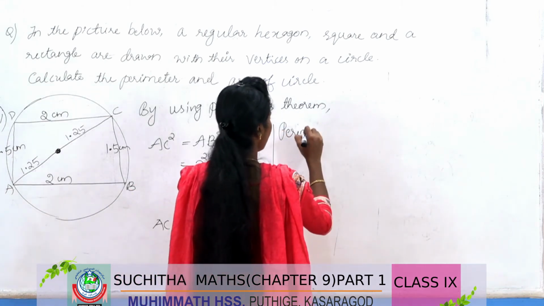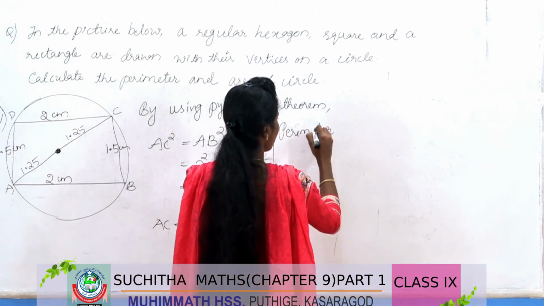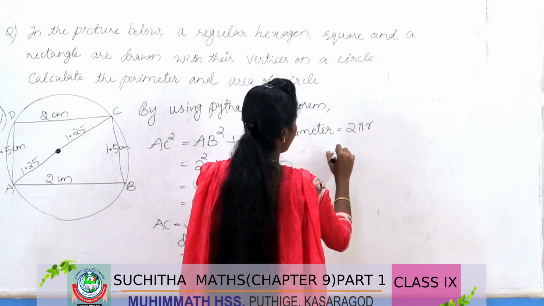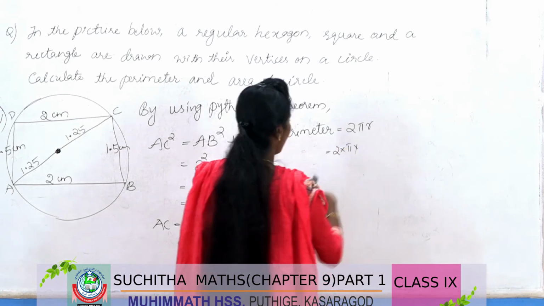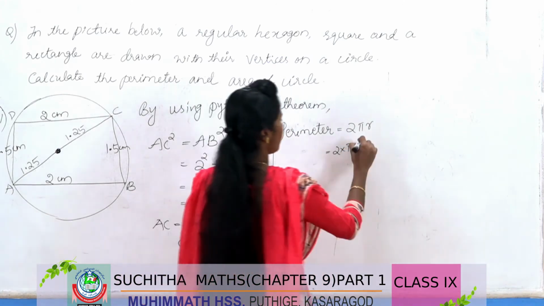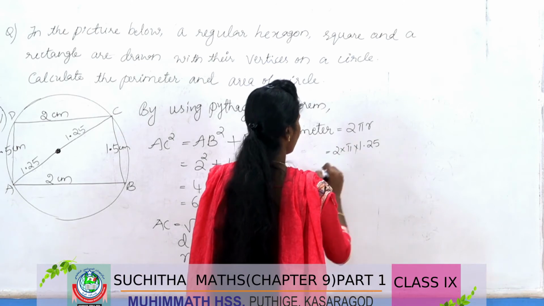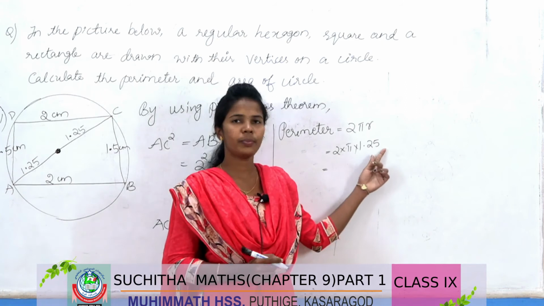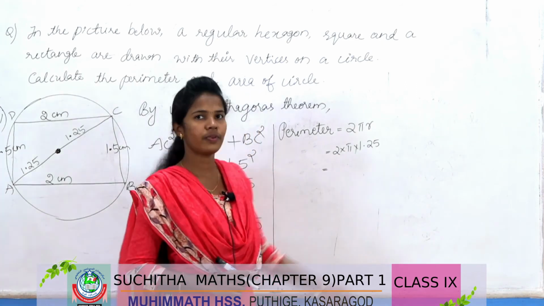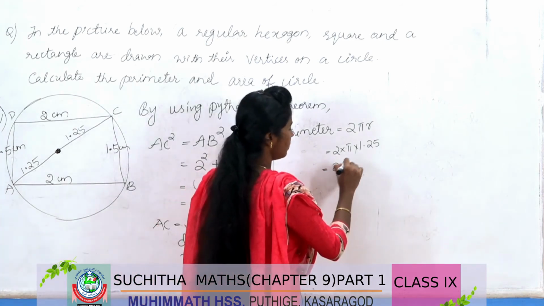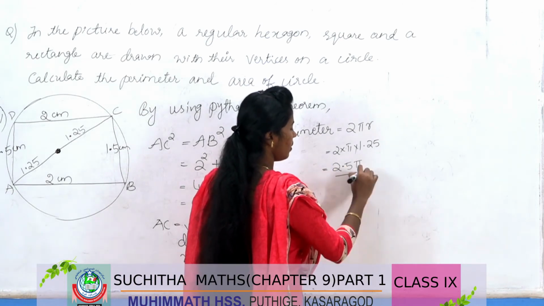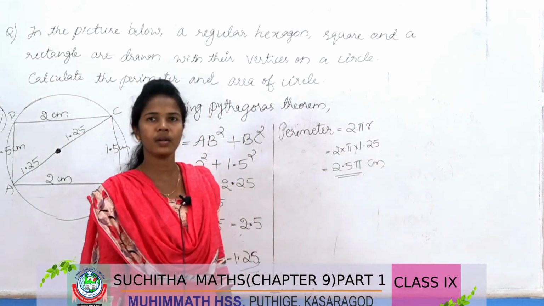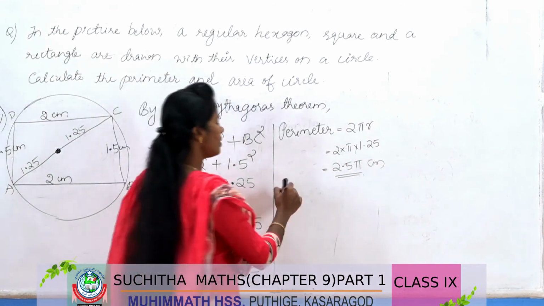Perimeter of the circle is 2 pi r, that is 2 into pi into r. R is 1.25, equal to 2 into 1.25 is 2.5. 2.5 pi centimeter is the perimeter of the circle. Then area of circle is